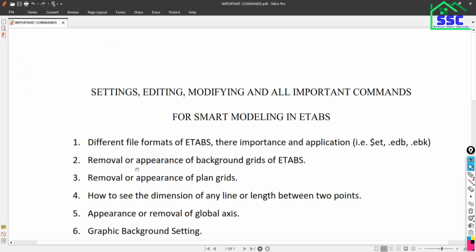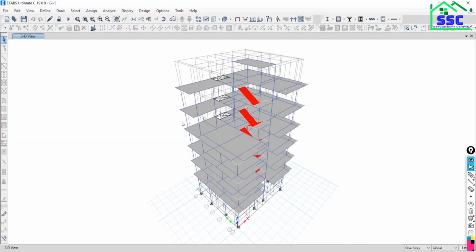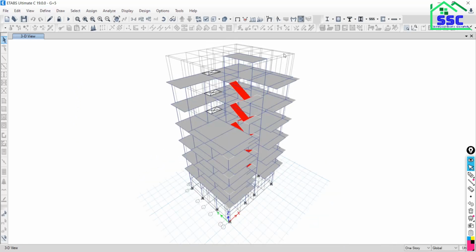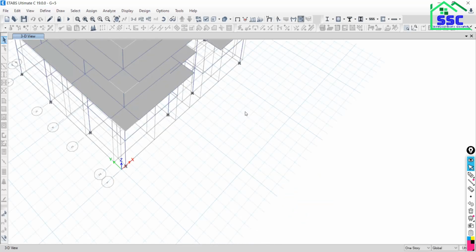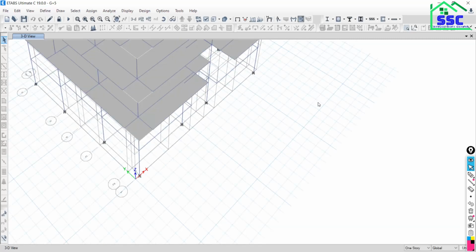Now the next point is removal or appearance of the background grids of the ETAP software. Is it visible to all of you? In the background, as you are getting the blank white, see at the bottom some grid lines are there, the background grids.